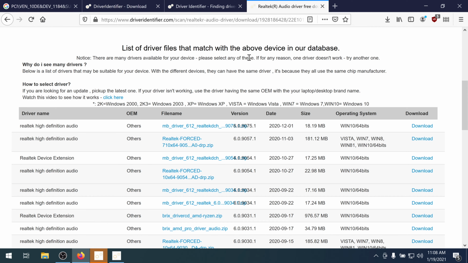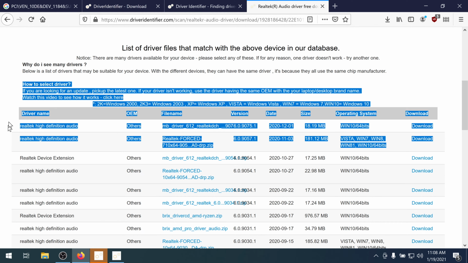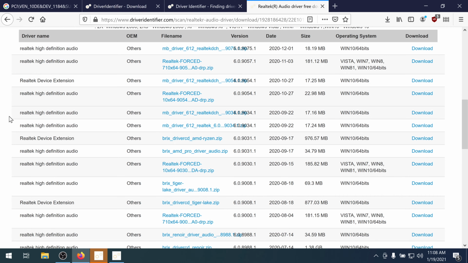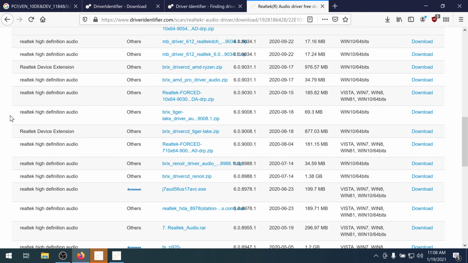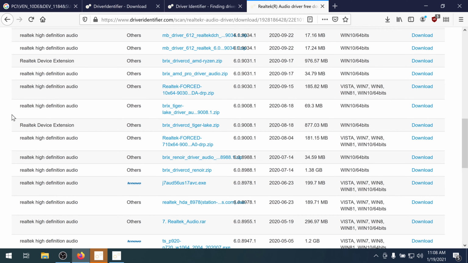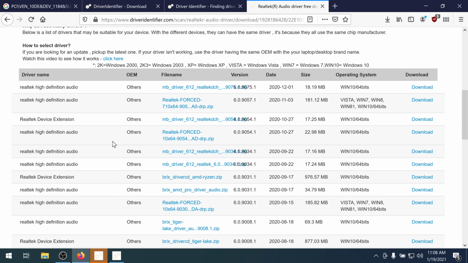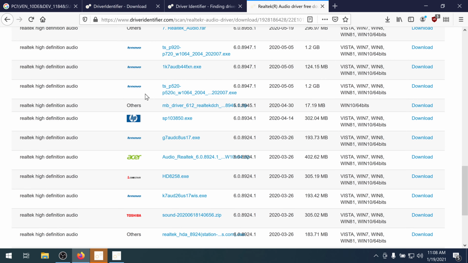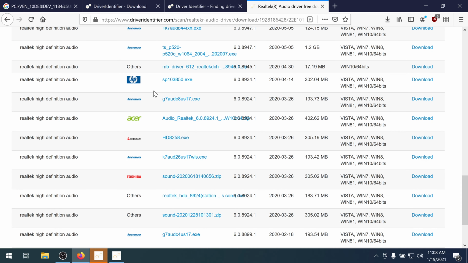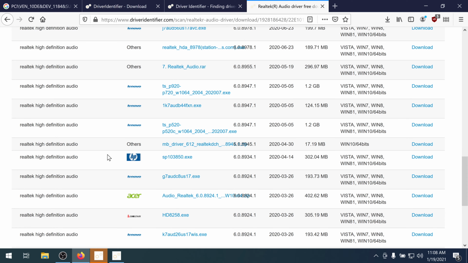Okay, this will be a list of drivers from different configurations, different manufacturers that can work with your configuration. Not all of them will work. You need to try them. Try to find your manufacturer here. I don't know, let's say you have a HP laptop. Try and install this one.